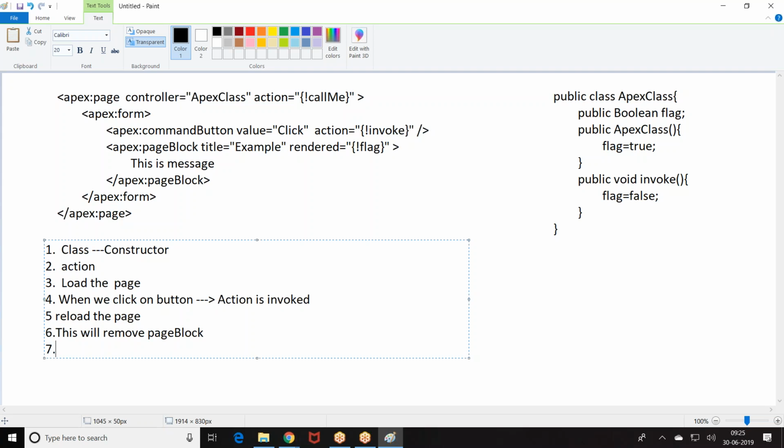The same functionality is what we have seen in the Visualforce page. The same functionality in Lightning also we have, of a similar type, which is called render, after render, re-render, unrender. Okay, so the same story when I take with Lightning,